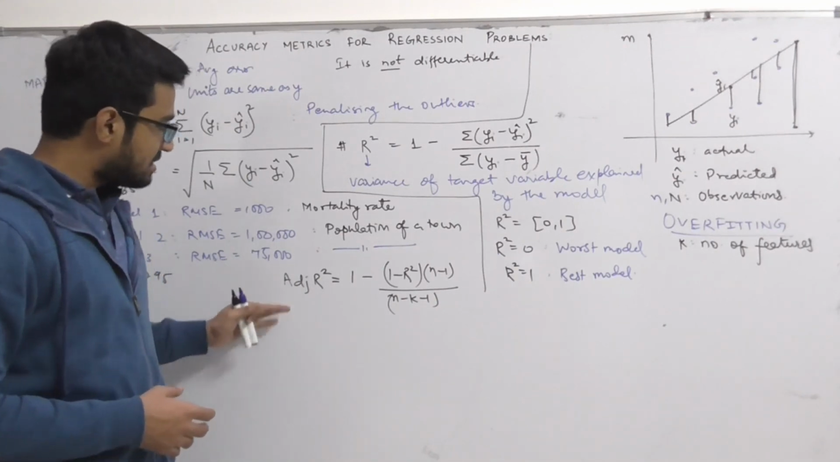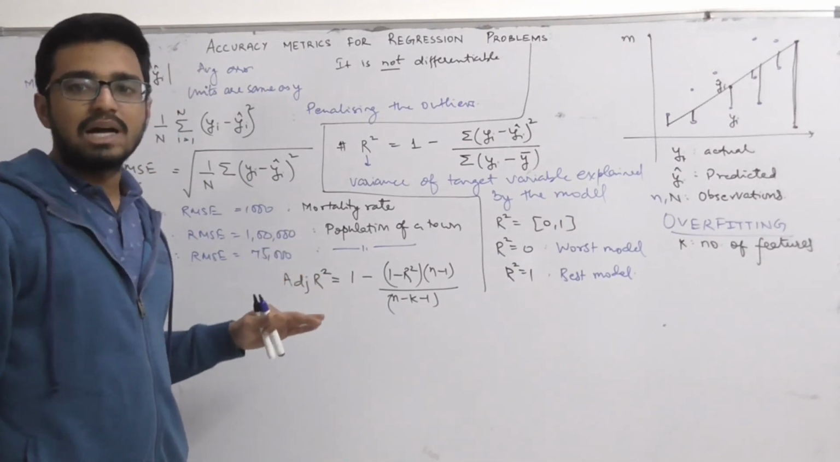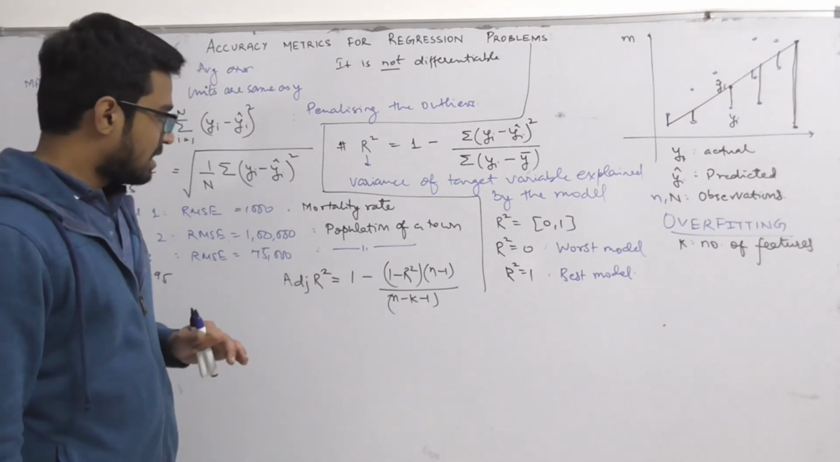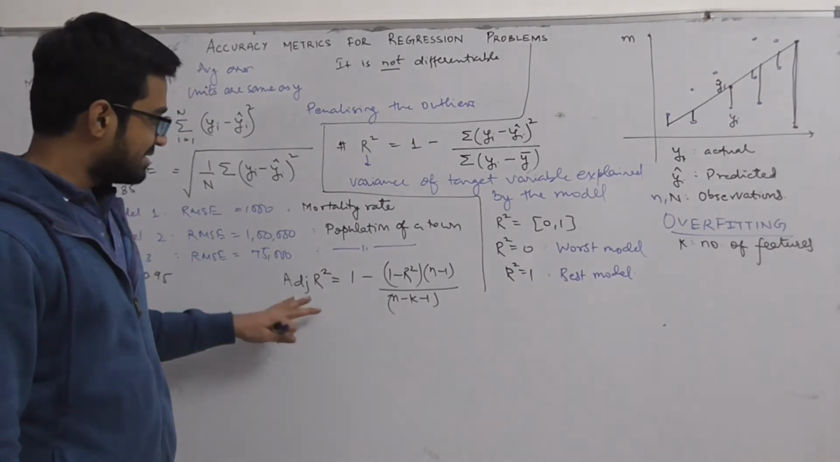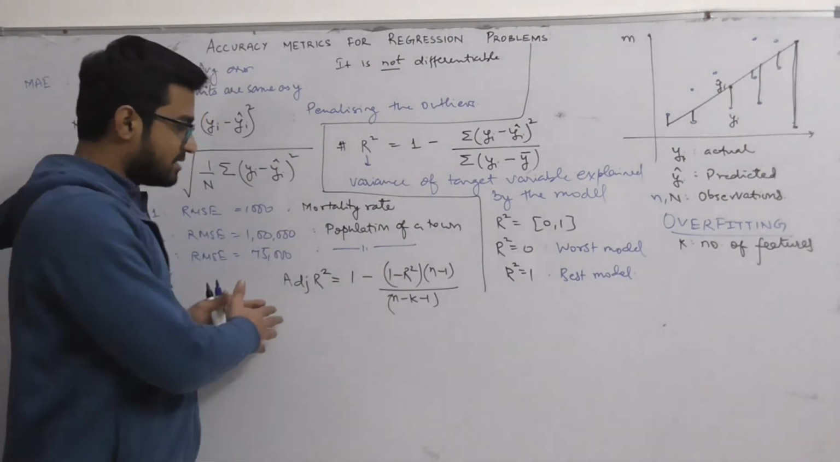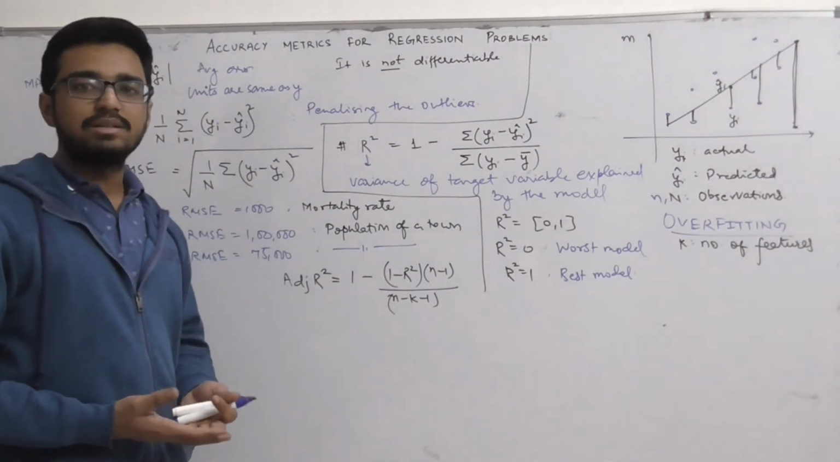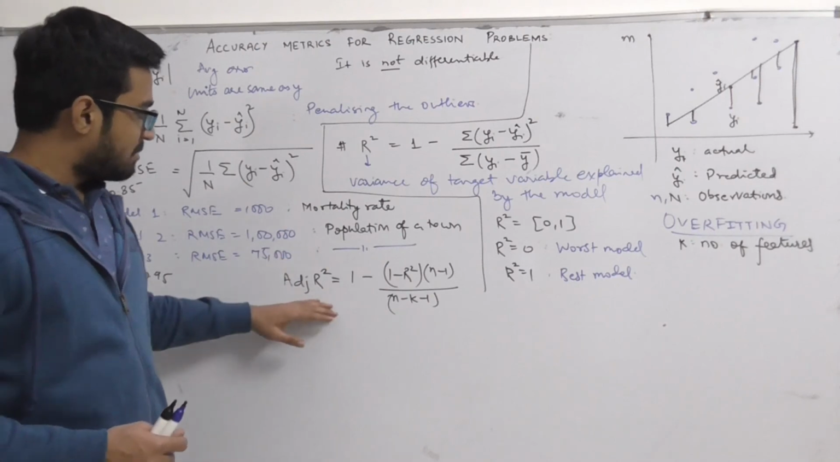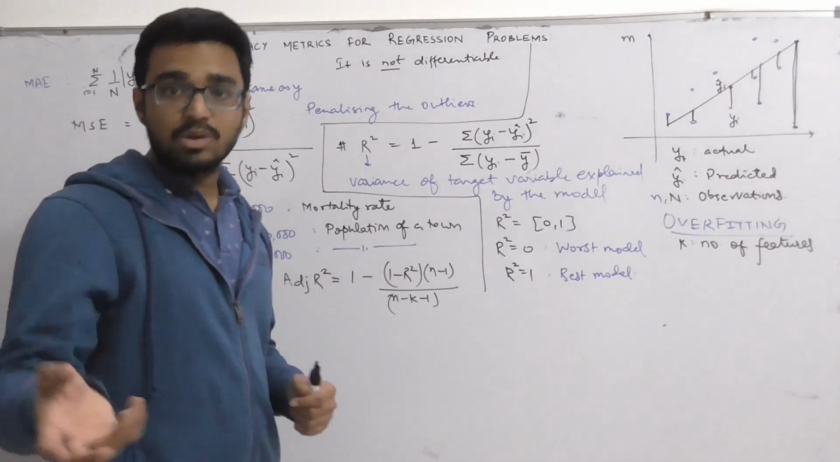Okay, so this is the requirement, why we need adjusted R square. And again, R square is differentiable, and adjusted R square is penalizing the outliers. So we have the best metric. Now the question arises that